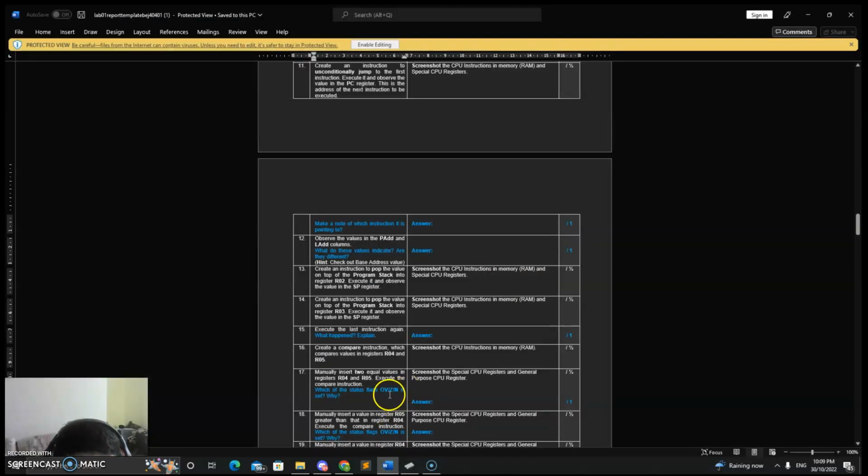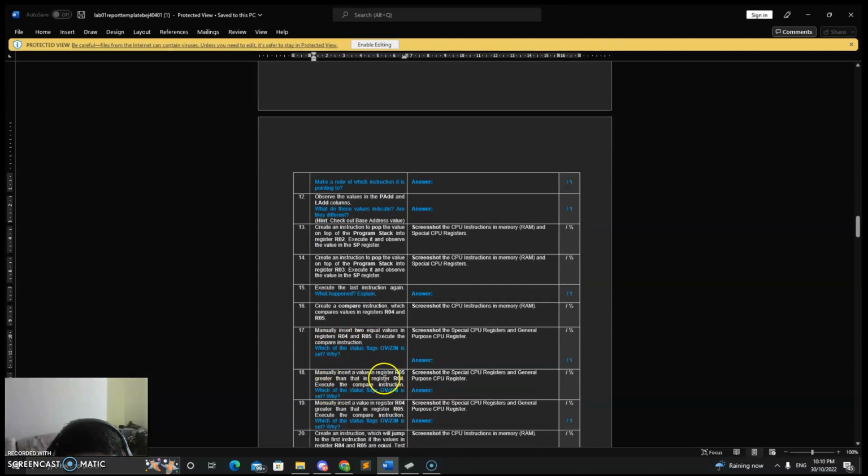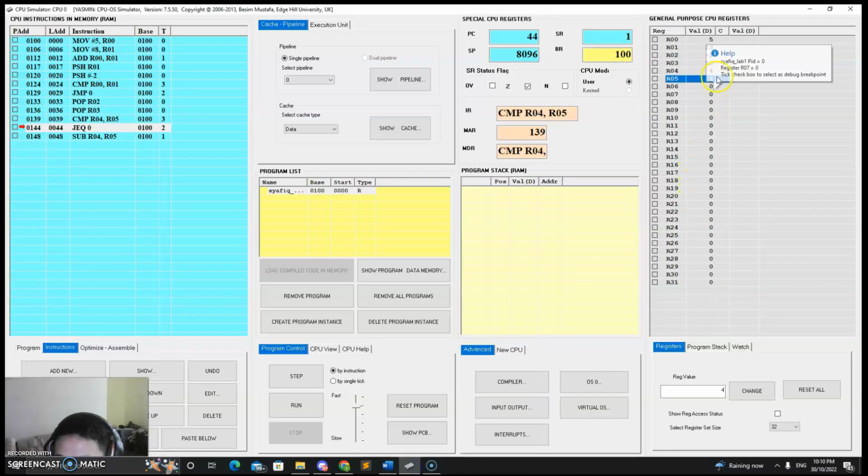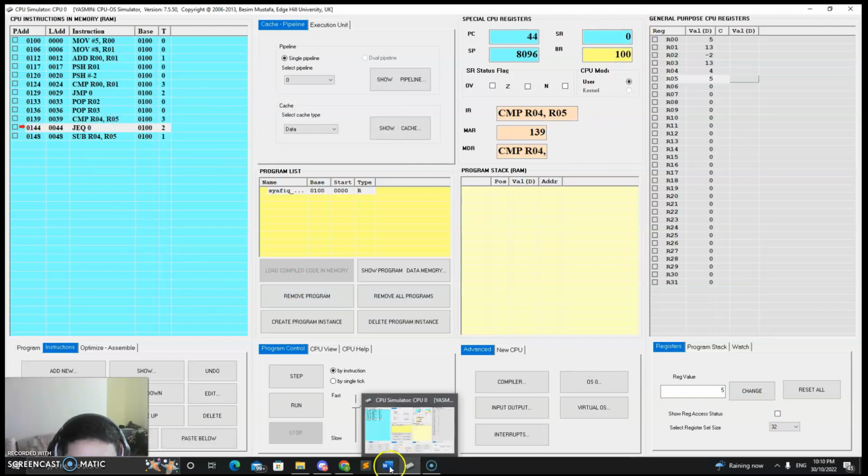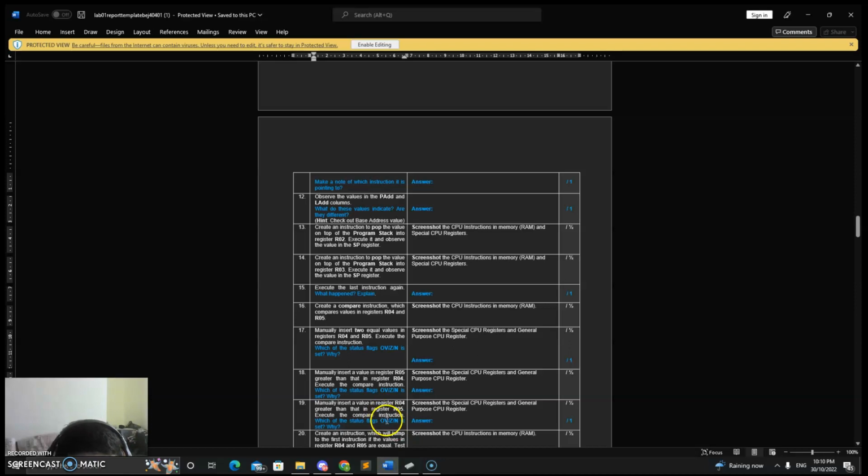And then insert R05 is greater than 4. R05 changes. Then compare again. So the answer will be 0. And then